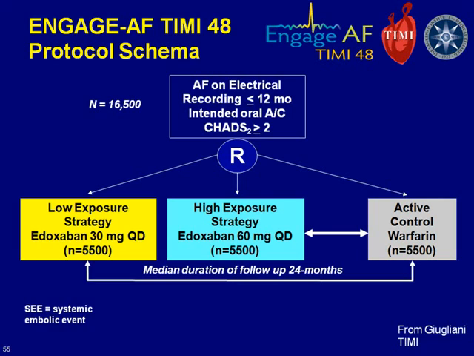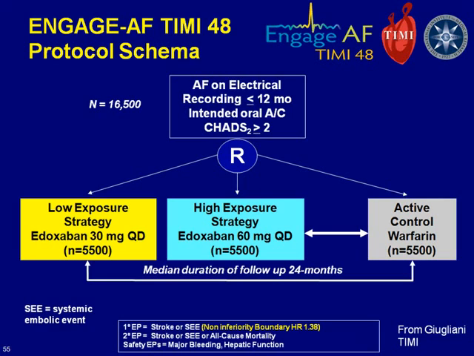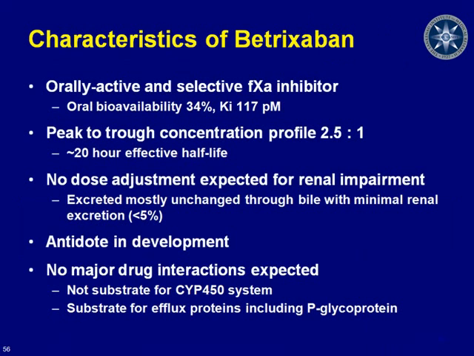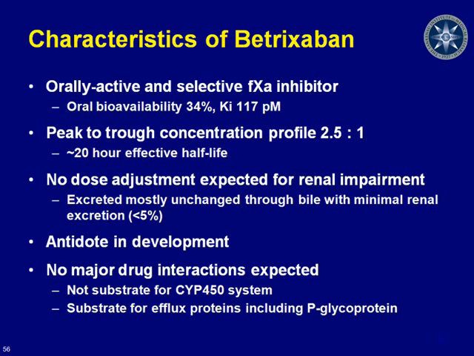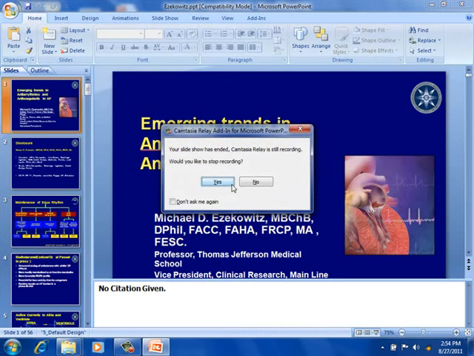Now, in the future, the ENGAGE-AF trial is currently slated for completion towards the end of 2012, and it involves a novel factor Xa inhibitor, Edoxaban, which will be evaluated in 2 doses. Next slide. The primary endpoint will be stroke and systemic embolization. Again, this is a non-inferiority trial. Next slide. And the final slide is also